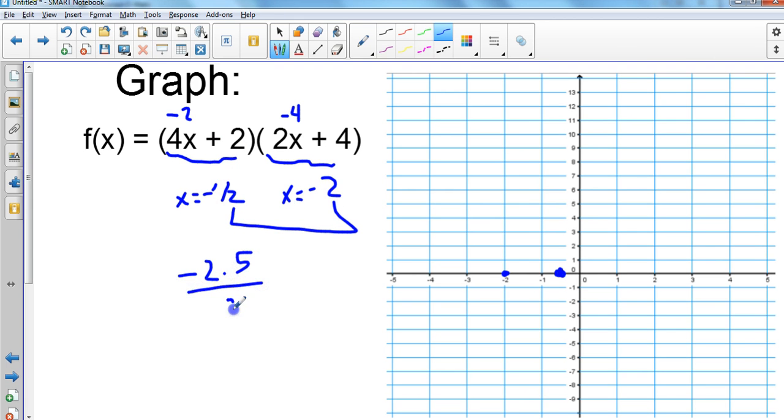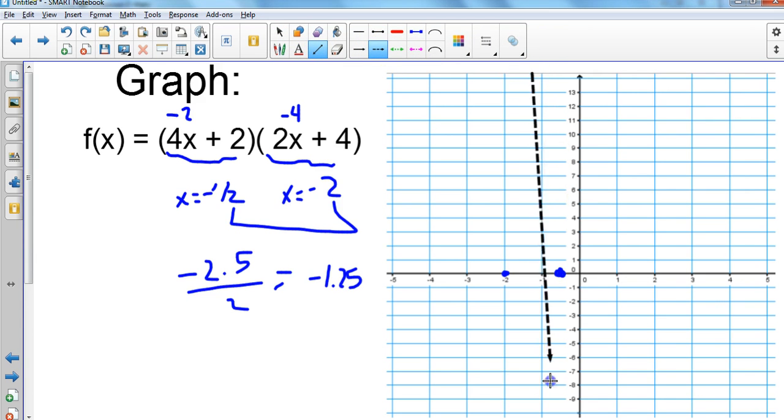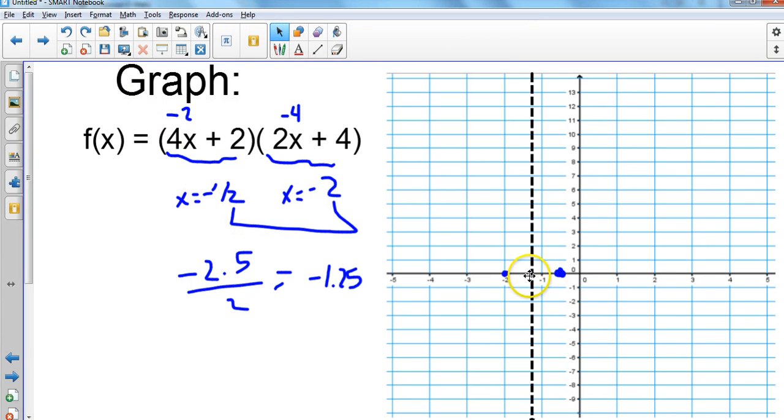Cut that in half. So half of a negative 2 is negative 1, and half of a half is a quarter. So negative 1.25. So that's going to be our axis of symmetry right through negative 1 1/4. So maybe like right there. Okay, so now we put in negative 1 1/4 into here,